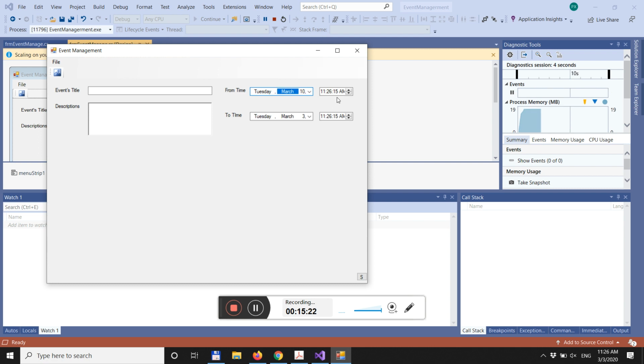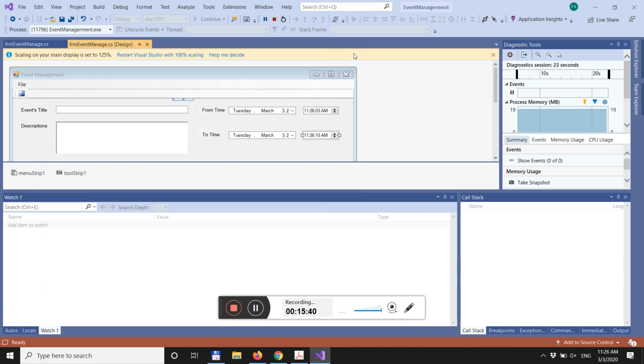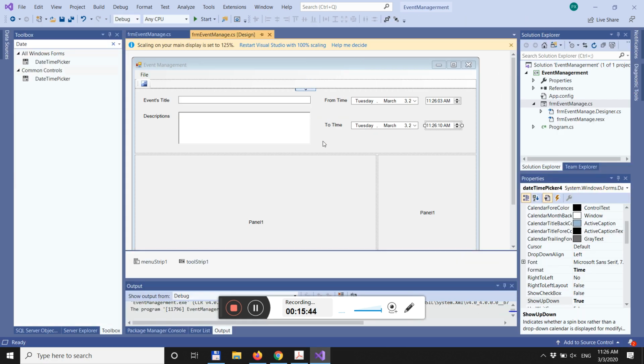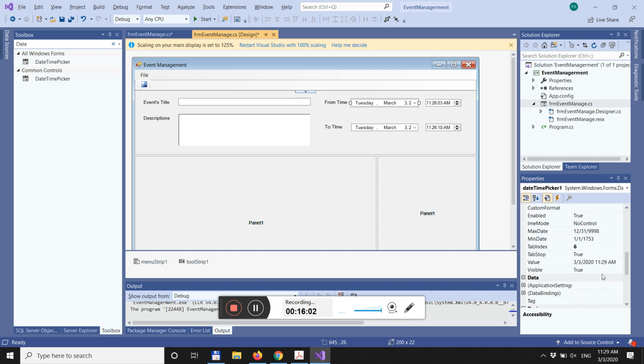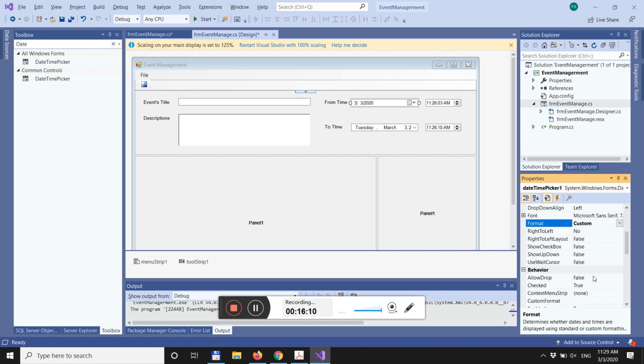Okay, day, hour, minutes, second, and AM, PM, AM, PM, same here. Okay, now we can pick the hours. Another way to select date and time, using just this one control, is to use the format. With the format, it is now custom, and here in the custom format, I say